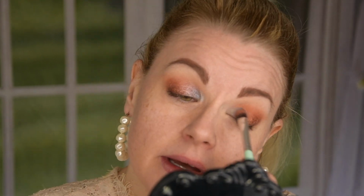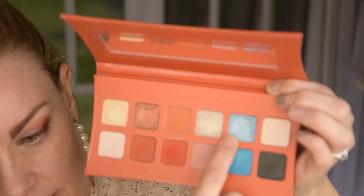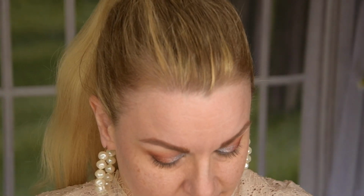Is this hard pan on this one? I'm gonna see. I feel like it could be a hard pan already in this shade. Okay, this is quite pretty actually. I don't know, you can't see, but it is quite stiff, guys. Maybe I should just do the inner corner and then we're gonna do the rest of the face and then